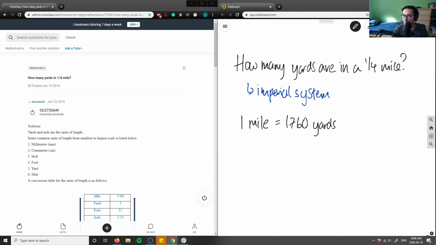So about 30 more seconds left to look at this problem and approach it. I'm just going to check if it's 1,760 yards. Cool. Again, I'm from Ontario, so the imperial system is not something I'm super familiar with. I'm more familiar with metric units, like meters, kilometers, centimeters, millimeters. But if you're tuning in from the US, you can use the imperial system, so I'll use that as well.